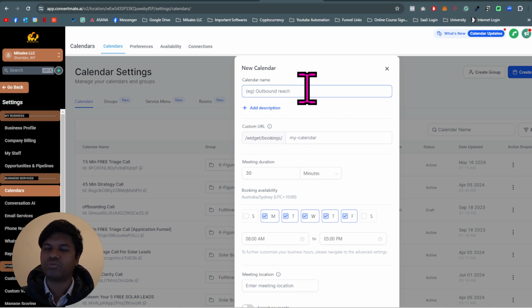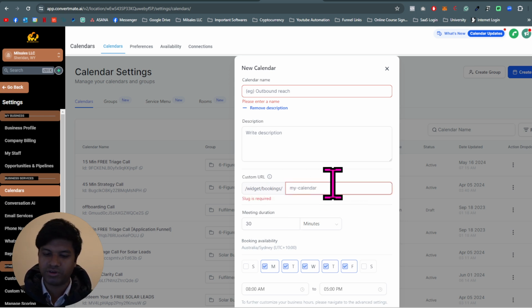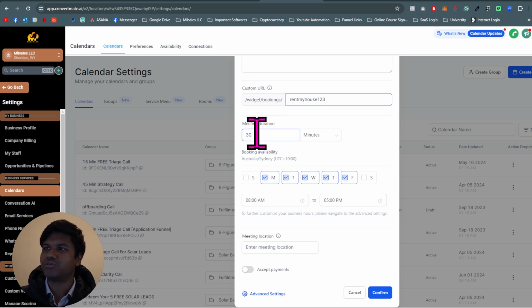Inside this, you write a name for your calendar. You can also add a description, and then you need to write a unique URL. So this can be whatever you like, but yeah, it has to be something unique. For example, rent my home 123. If you're running an Airbnb as an example, you can also